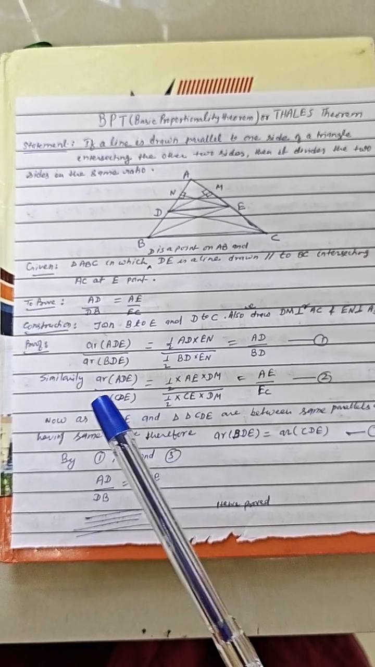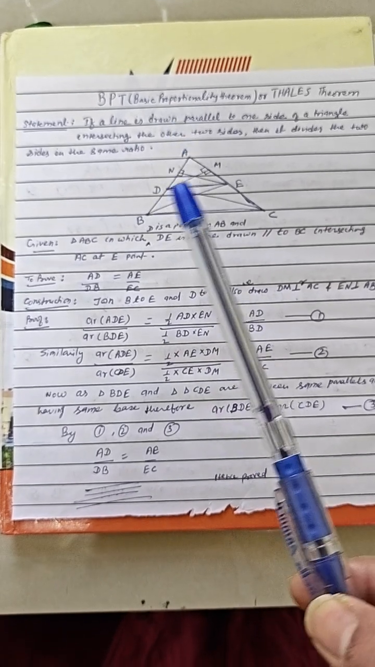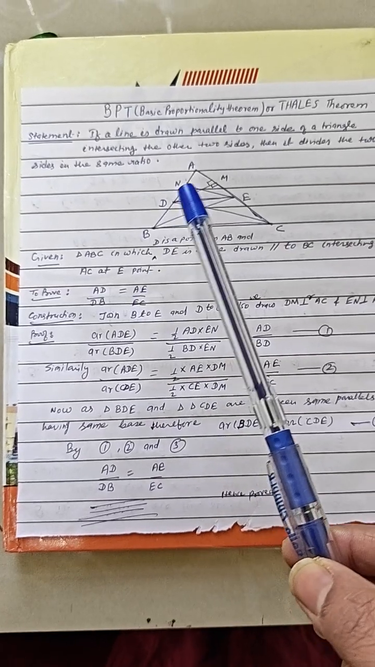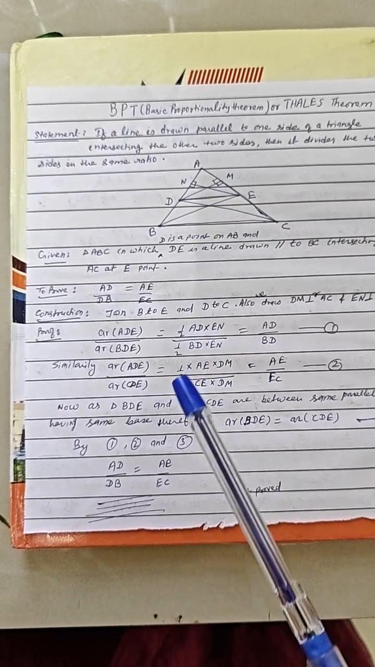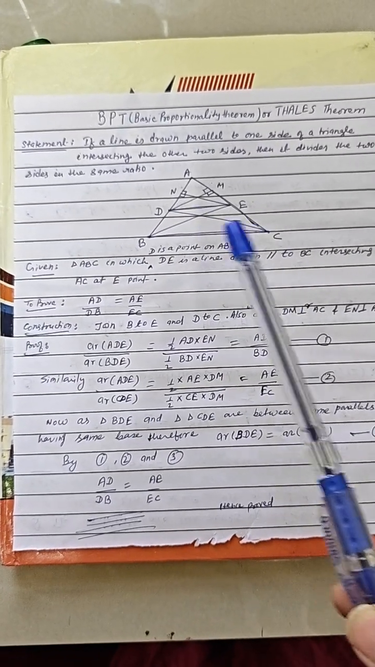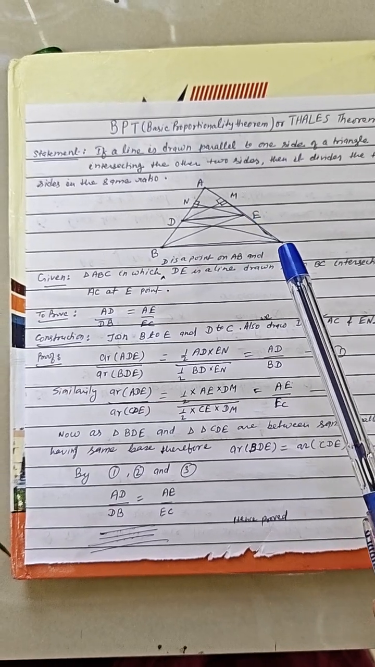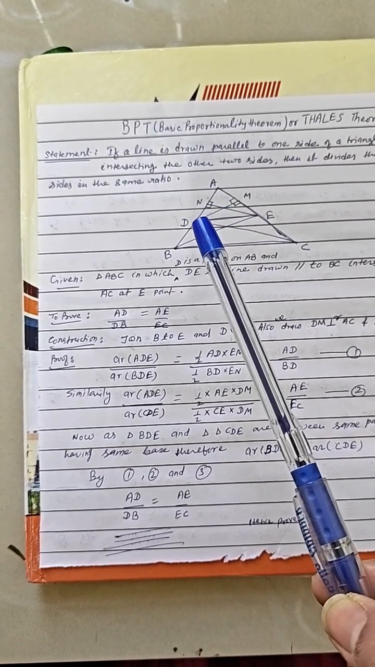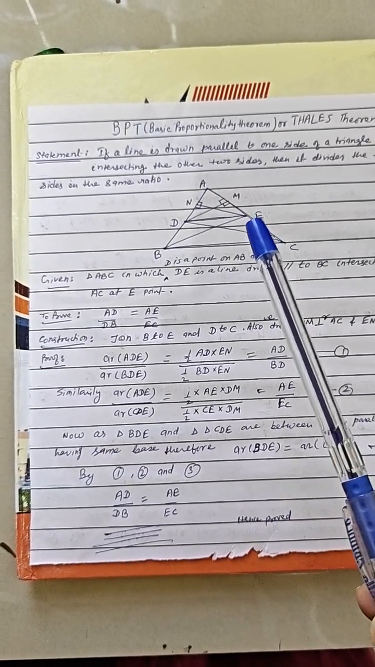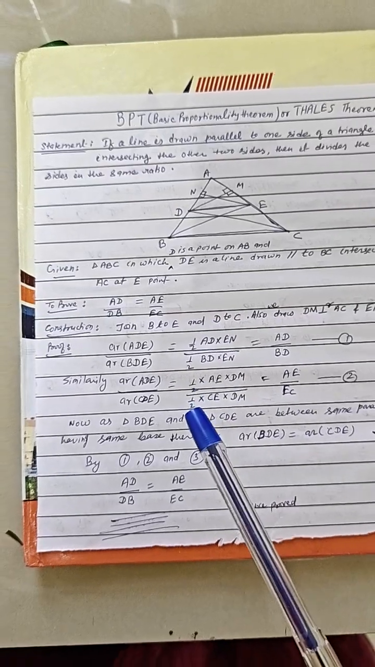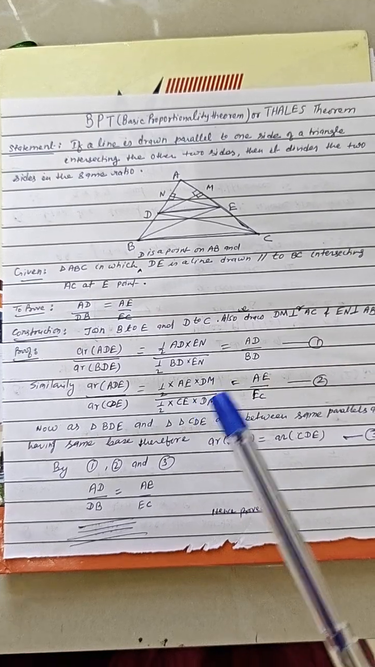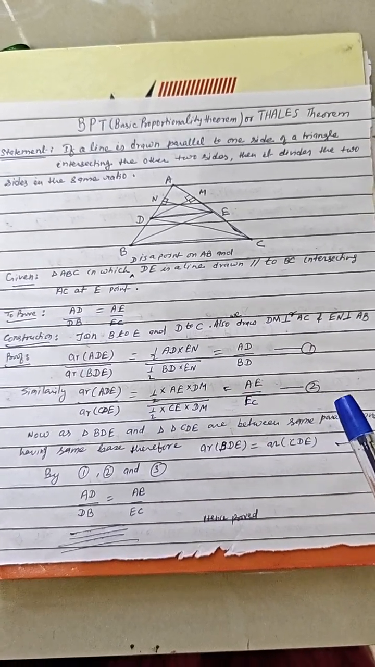Similarly, area of ADE upon area of CDE. For ADE area, this time we will take AE as the base and DM as the perpendicular. So half into AE into DM. And for CDE, here the base is CE and the perpendicular is DM because D is part of this triangle CDE. So DM is the perpendicular to this line, so it will be the height for CDE triangle. So half into CE into DM,